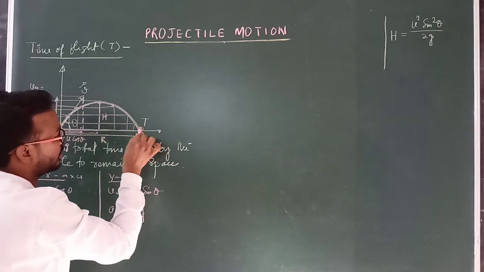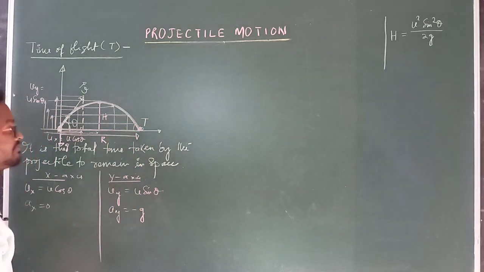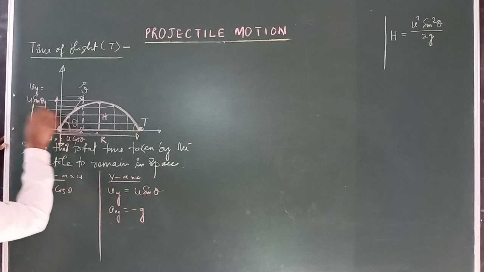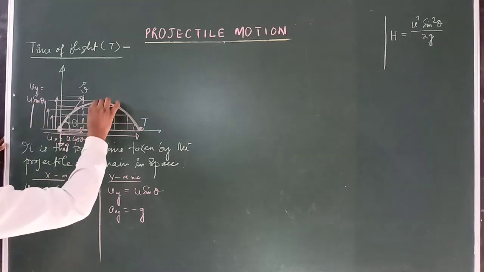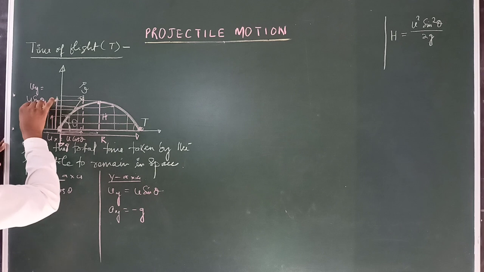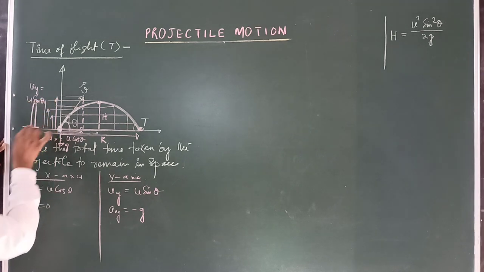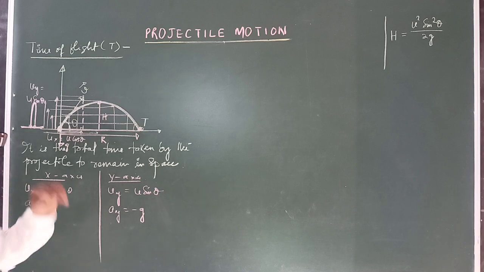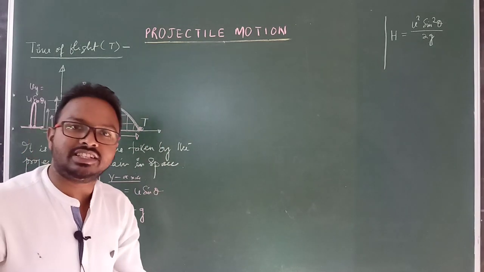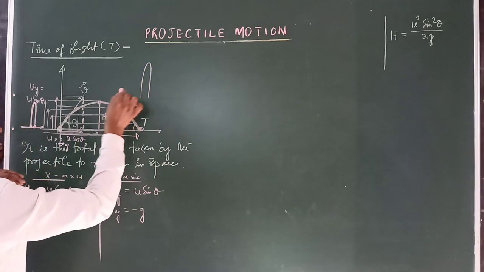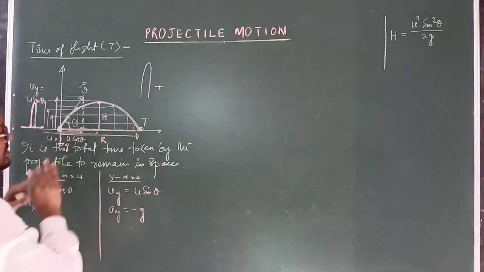And while hitting the ground, at that time the height attained by the projectile, when it moves towards the maximum point, and when it moves towards the ground, at that time its displacement will be like this. So in this case, the initial point and final point are along the same reference line. So here displacement along the y-axis will be 0. Clear? Displacement along the y-axis will be 0, but displacement along the x-axis is not 0.